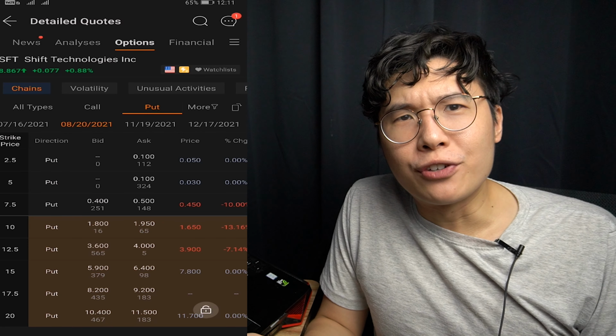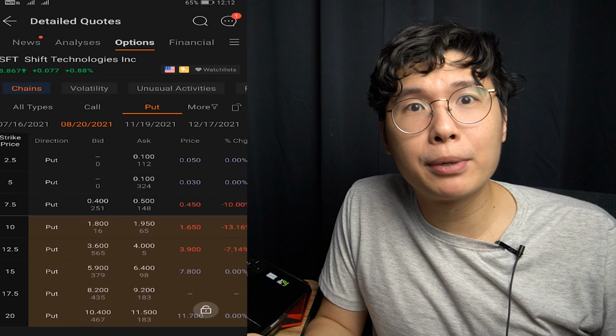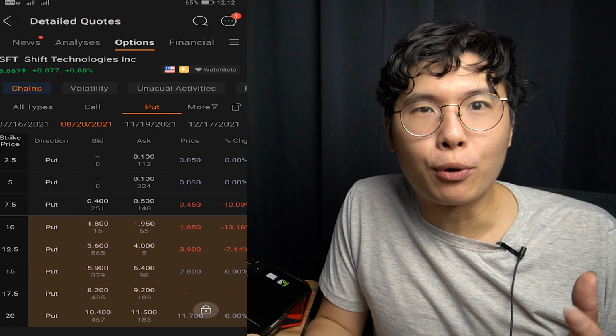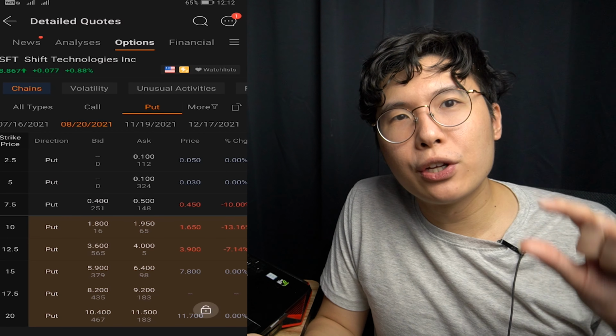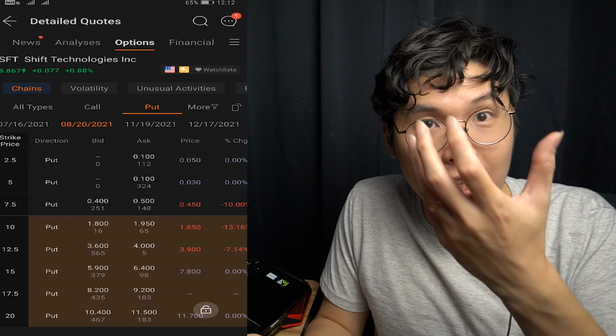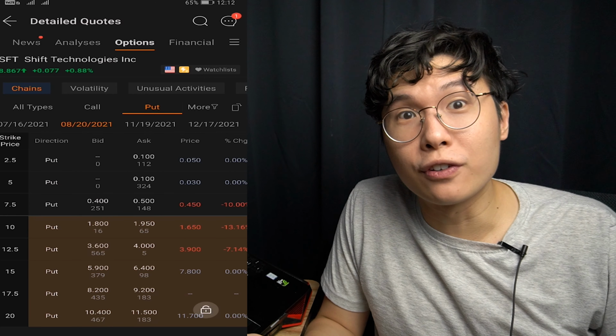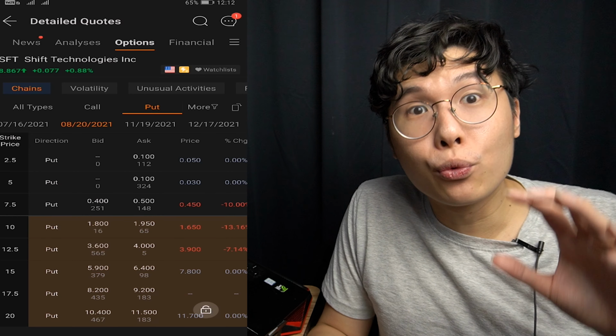Then this begs the question: the downside is, what if Shift actually does explode and becomes a 10x company? Then that's the problem. As an underwriter, you lose all the upside. In return, you get a nice cash upfront from this, and you protect a lot of downside, which is $750 of maximum loss. You protect it, but this can be mitigated by the fact that if you really want